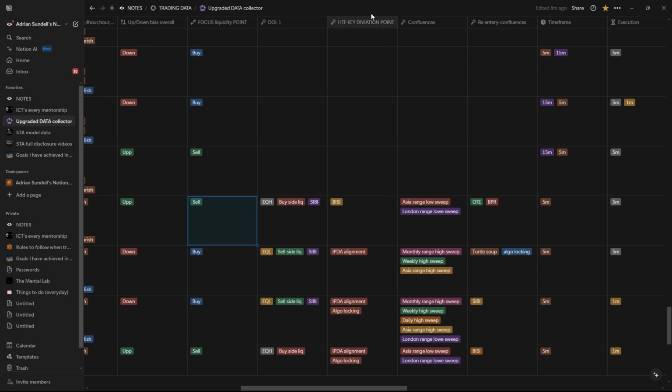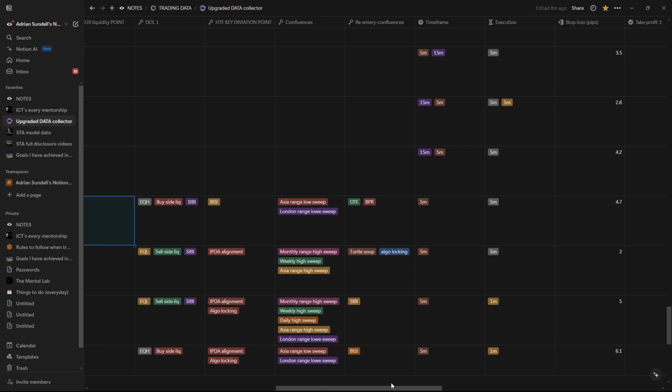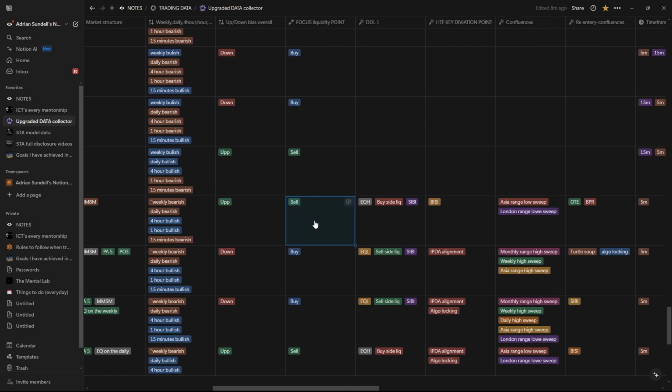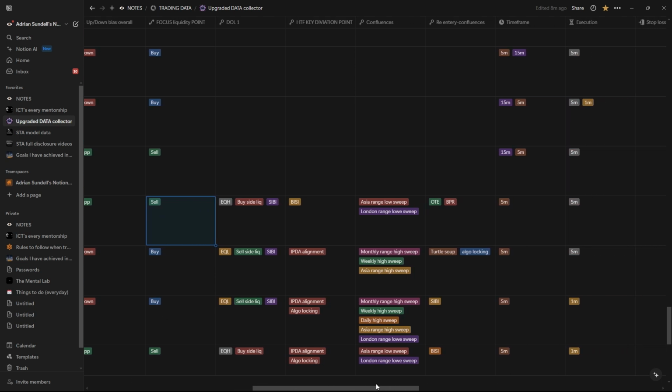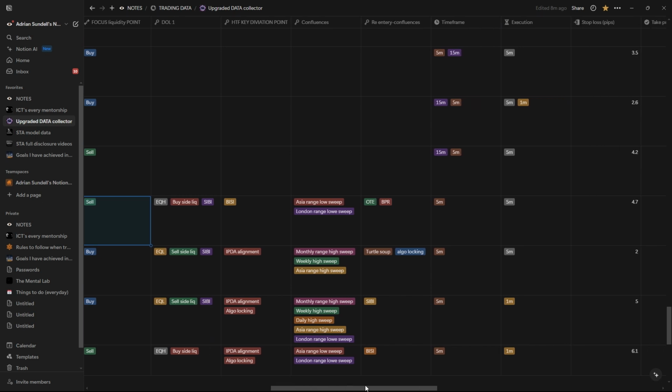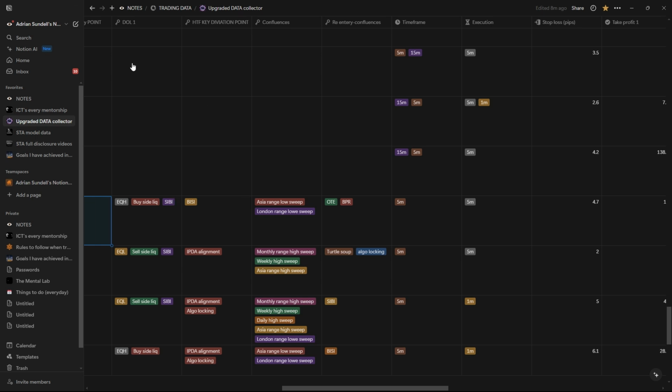So then we had overall my higher time frame key deviation point, and what I mean by that is pretty much the higher time frame confluences which support us going higher. In this case, it would be a buy side imbalance, sell side inefficiency. All right, which is placed into the sell side I was focusing on. Sell side delivery and sell side liquidity is important if you're bullish, right? That should be your focus liquidity. Hopefully you understood now. Focus liquidity.